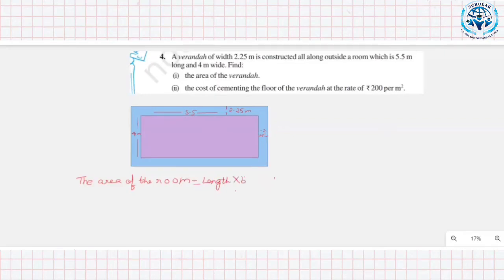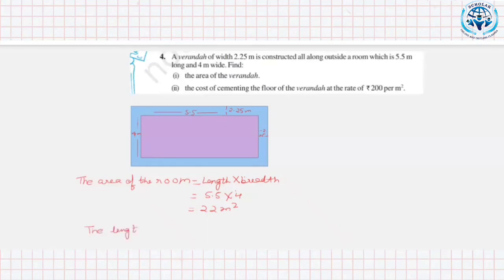The area of the room is length into breadth. Both are given, 5.5 and 4. We will multiply both. 22 meter square is the area of the room. Now the area of the room with veranda. We will add